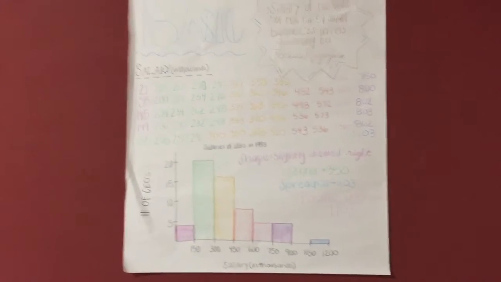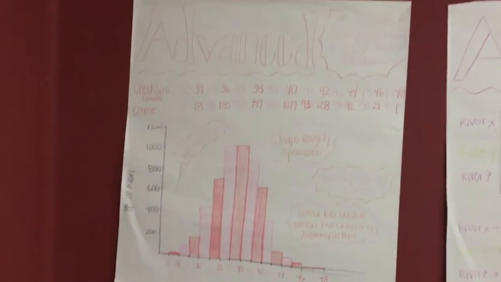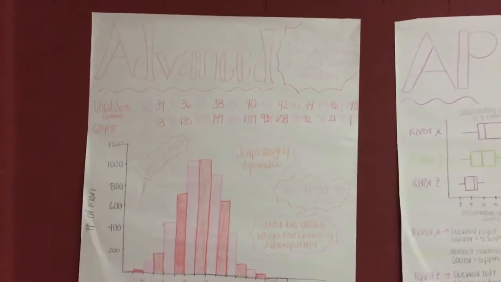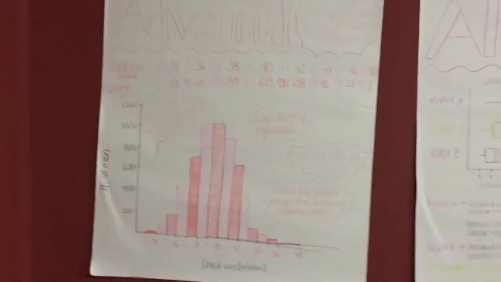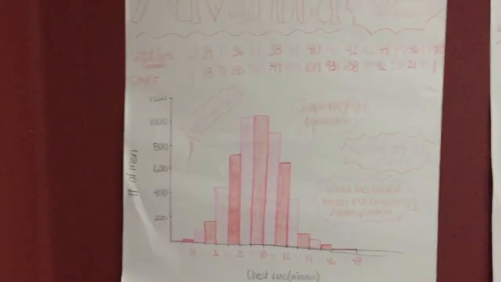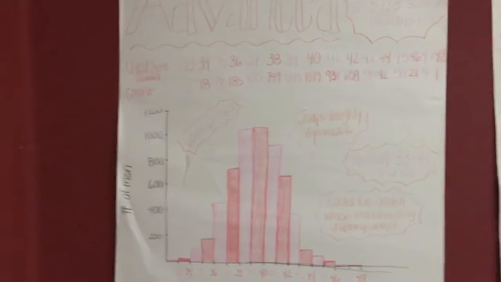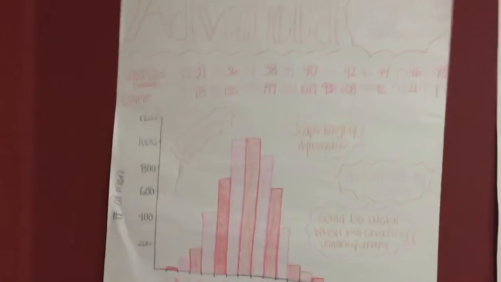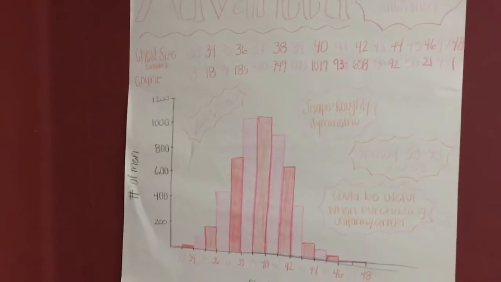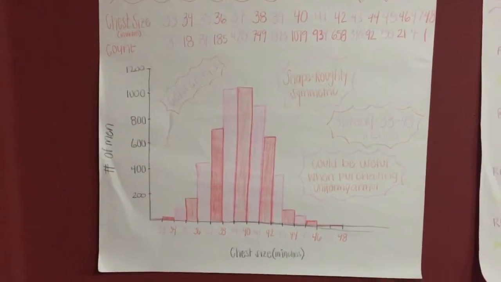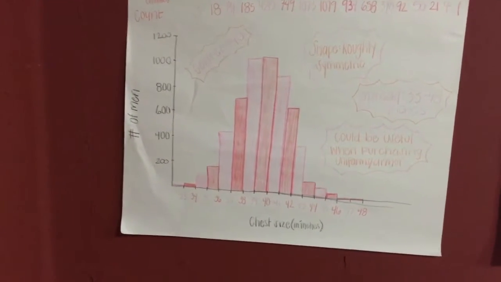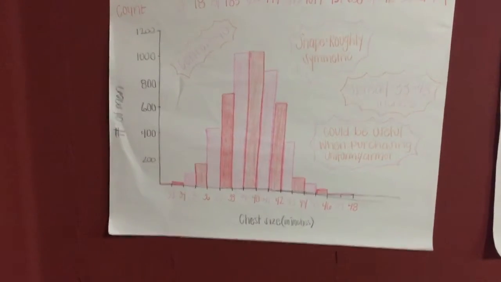Now let's go to our advanced question. For our advanced question, we are given the chest measurements of 5,738 Scottish militiamen. So we can look at the data in our chart, and our first task was to make a histogram of this distribution. From looking at this distribution, we can describe the shape, center, and spread of the chest